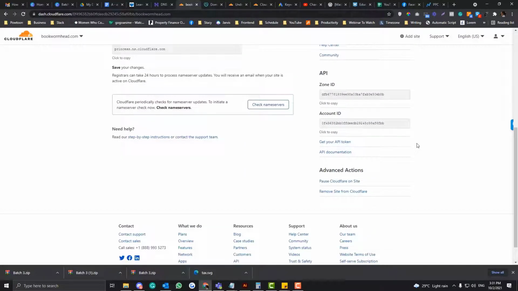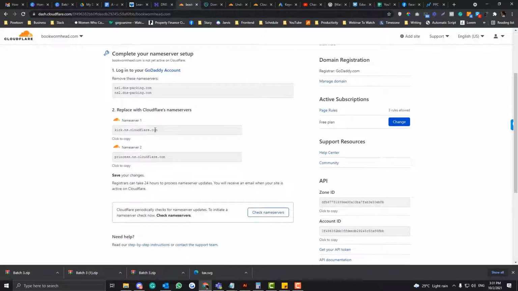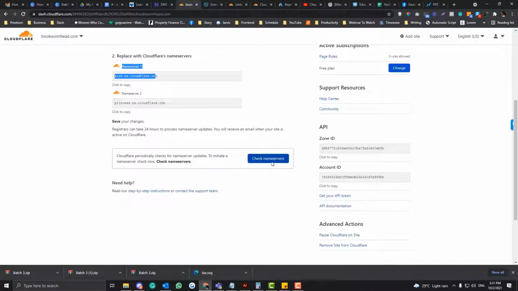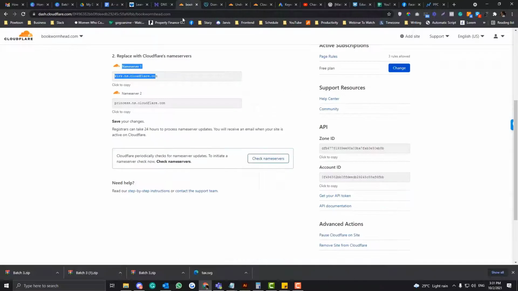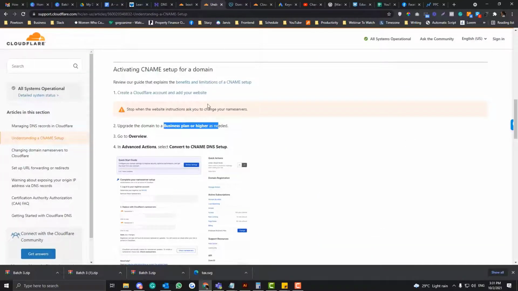That's basically it. In case you want to disable your Cloudflare account, you just need to click this remove site from Cloudflare. But again, the disadvantage of using the name server, which is the only option available for the free plan, is your site will be shut down if you remove the site from Cloudflare. So you need to re-edit your name server and point it again to your hosting provider. That's the additional work if you use the name server over the CNAME. But for me, that's fine,